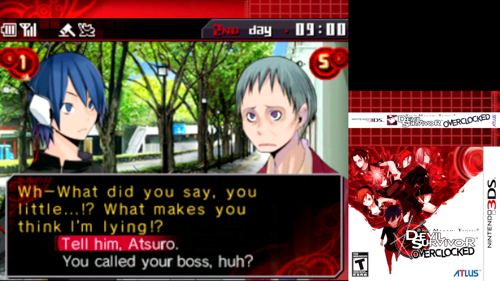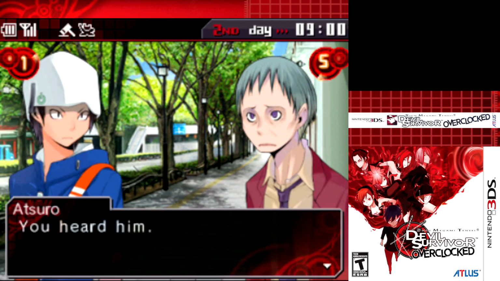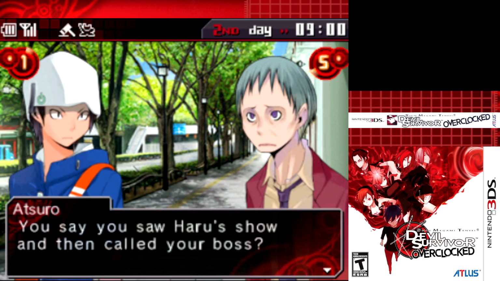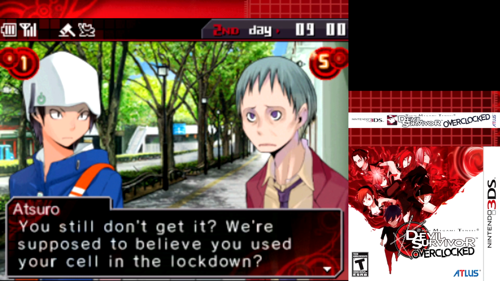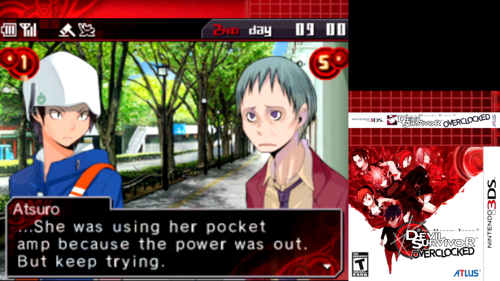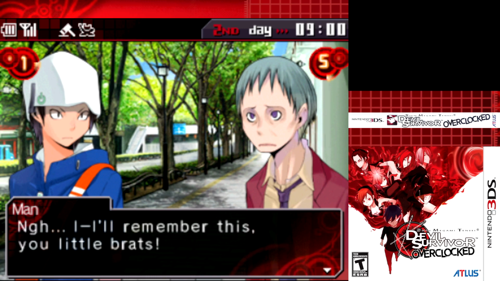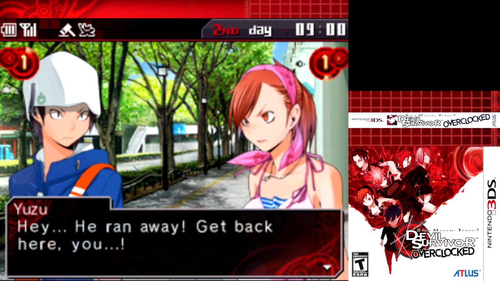Well, we could put it on to Atsuro, but we've already figured it out, so let's just cut down to the nitty-gritty. Huh? You heard him. You say you saw Haru's show and then called your boss? So what? You still don't get it? We're supposed to believe you used your cell in the lockdown? Huh? No, that's right. I got the date wrong. She was using her pocket amp because the power was out. But keep trying. I'll remember this, you little brats. Hey, he ran away! Get back here, you...